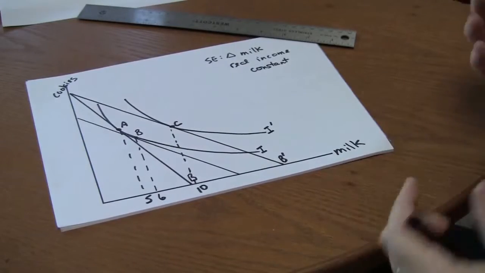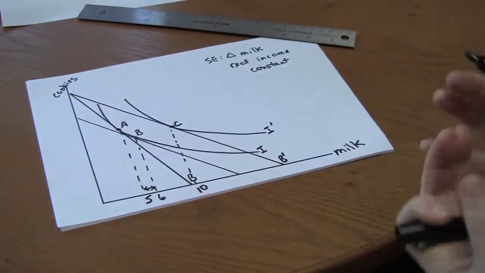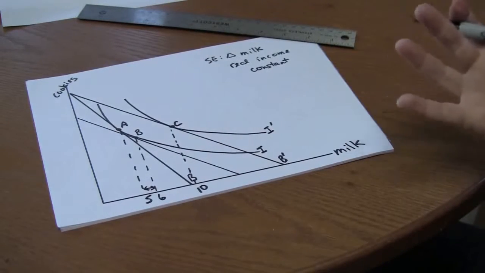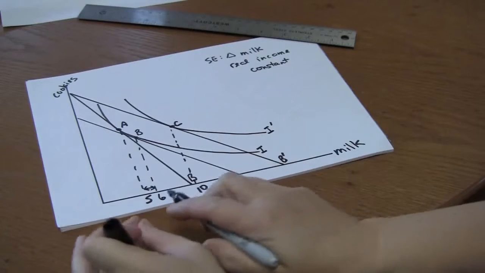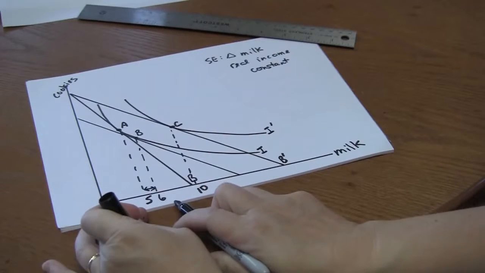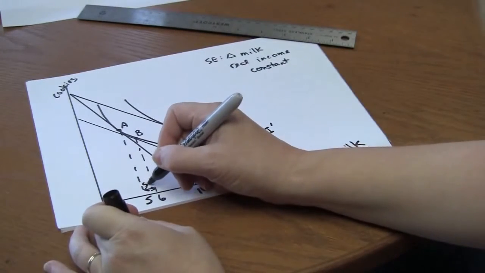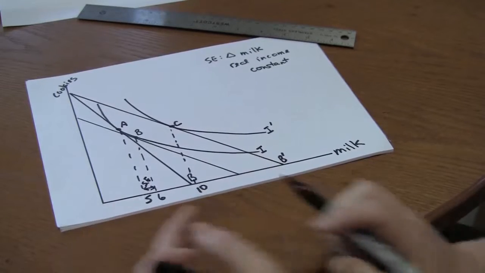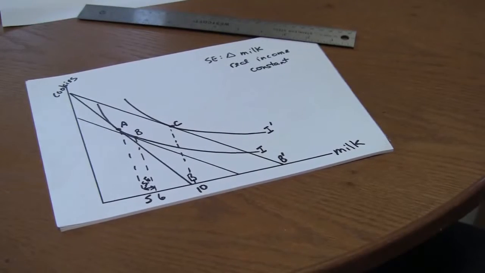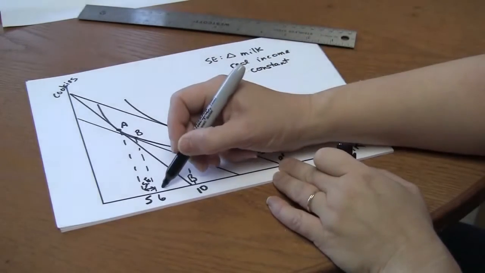What that tells us is that the effect of the change in relative prices holding income constant is to increase milk consumption by 1 cup. That's the substitution effect, the movement from 5 to 6 glasses of milk. The movement from B to C is the